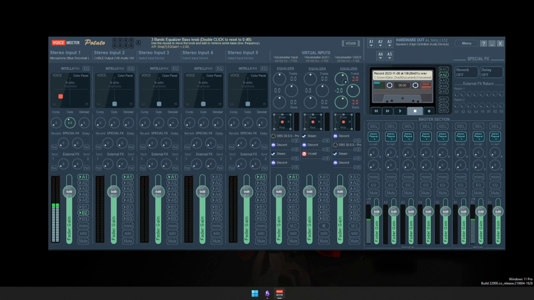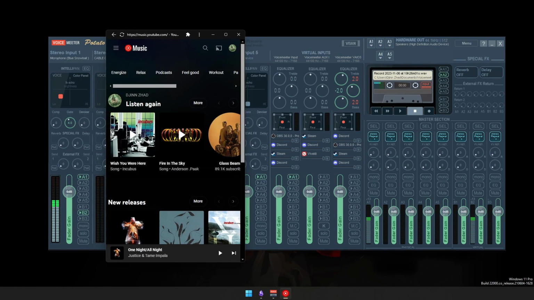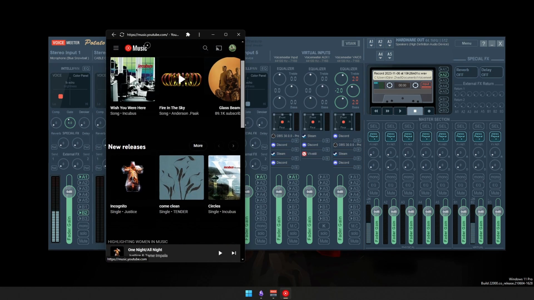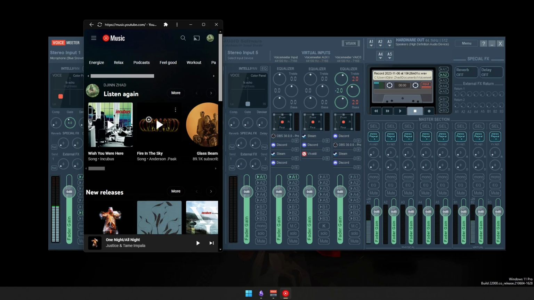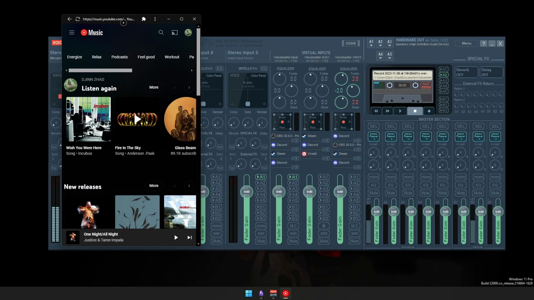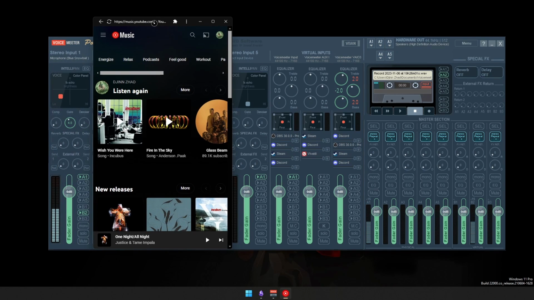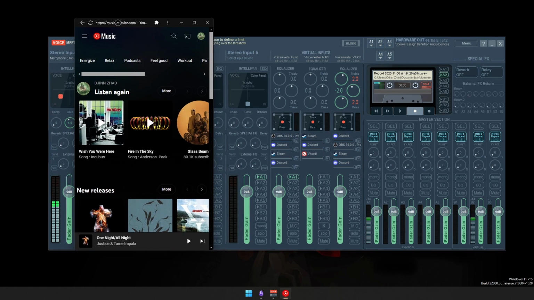VIO3 is where we would put what I use for my music and stuff. So let's say I pull up YouTube Music here, right? I mean, technically it's my web browser, but we can pretend that it's an audio application, like Spotify. If you have Spotify desktop downloaded, the setup process works the same way, right? So without EarTrumpet,